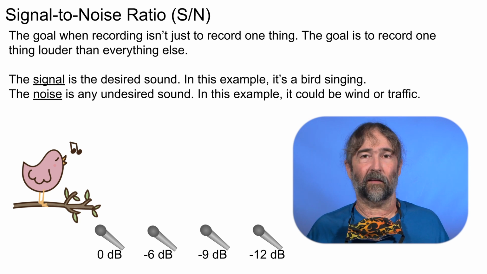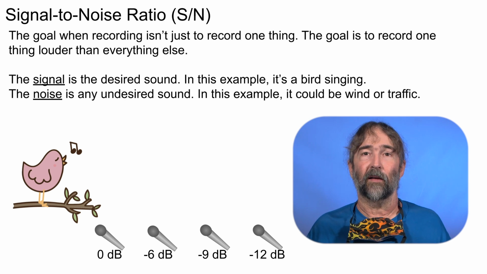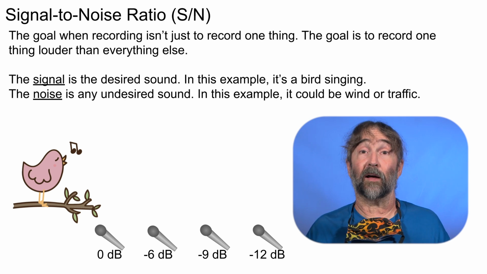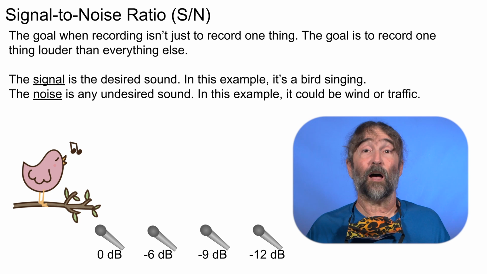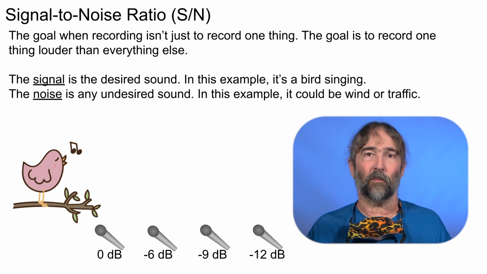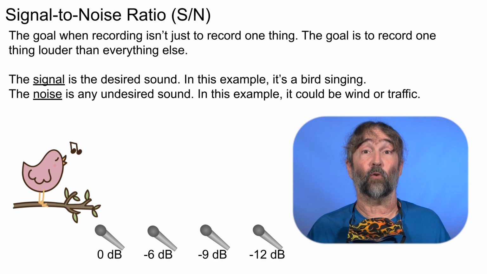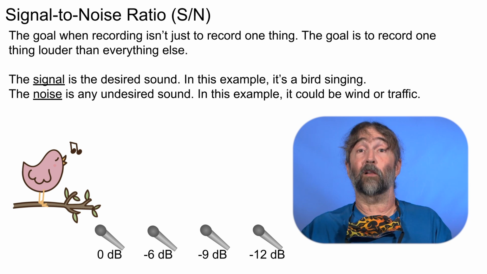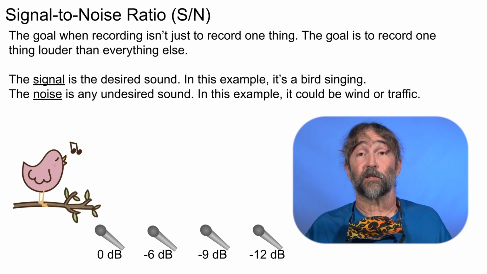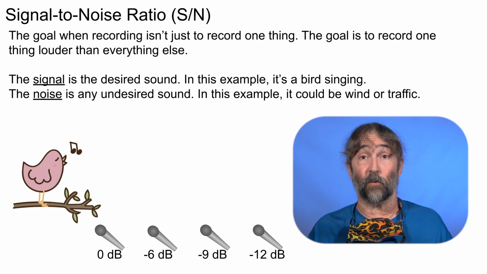In the room that I'm in, there are cooling fans attached to equipment. There's air conditioning blowing. There's even occasionally people walking by outside. I can't stop those noises from reaching the microphone, but what I can try to control is making my voice so much louder than those other noises that you don't really notice them. Okay, so my voice is the signal, and all of those other sounds are the noise. So what I want is a very strong signal-to-noise ratio. I want a lot of signal to a little noise.